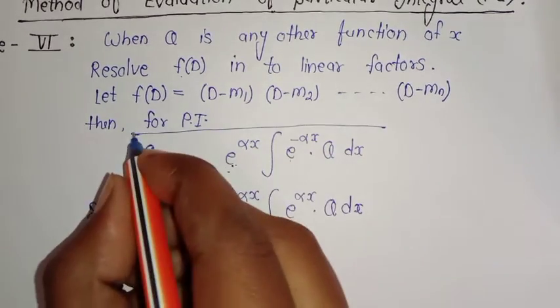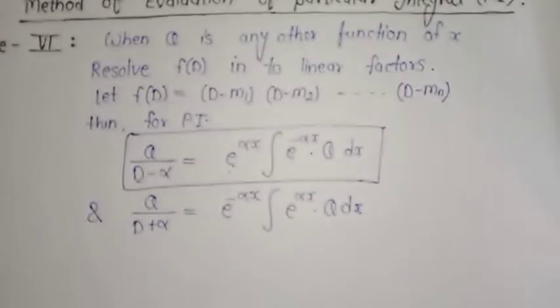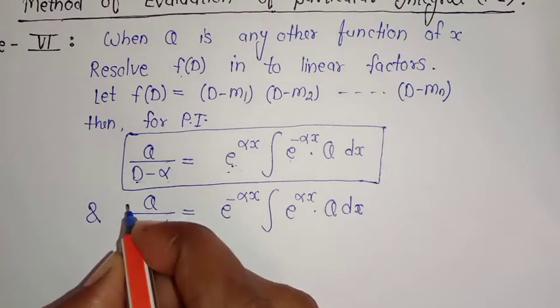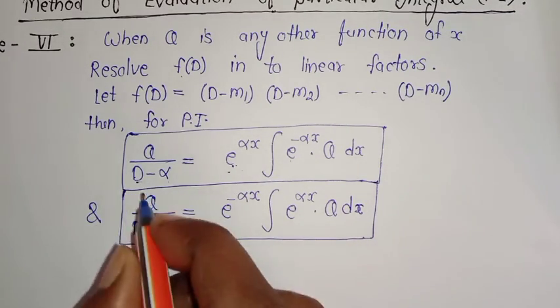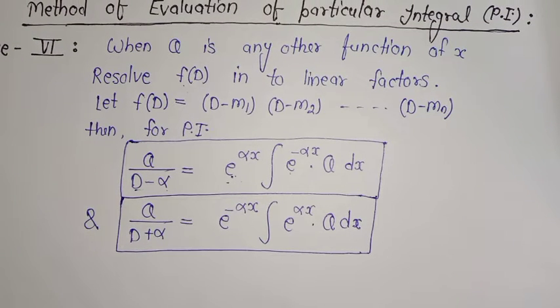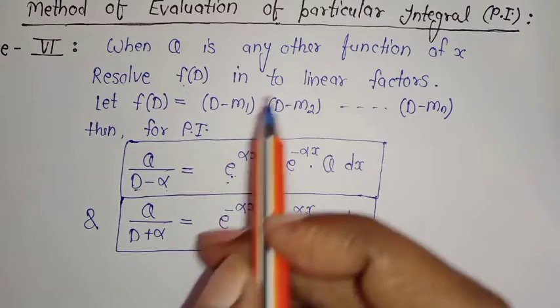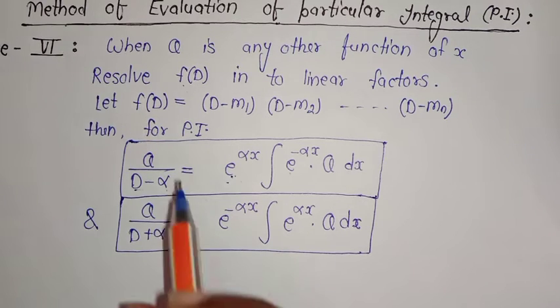Suppose you have a function whose particular integral is a little hard to find. In that case, we use this method. That is, firstly we factorize our f of D into linear factors and then we use this formula over whatever function is given. If the functions are polynomial, trigonometrical, that is sin ax or cos ax, or exponential, then we use our previous methods, because those are much easier than this. If our function is some other function whose particular integral we don't know how to find, then we use this formula.